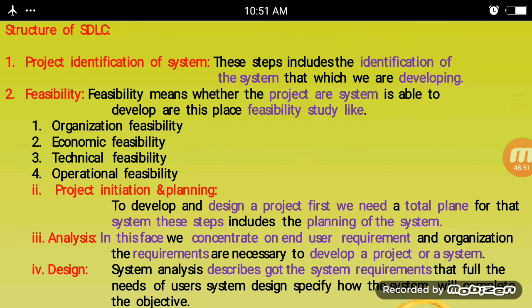We need to know what we are developing. After that, we choose the type of project. Then the feasibility, meaning whether the project or system can be developed: organizational feasibility, economic feasibility, technical feasibility, and operational feasibility.